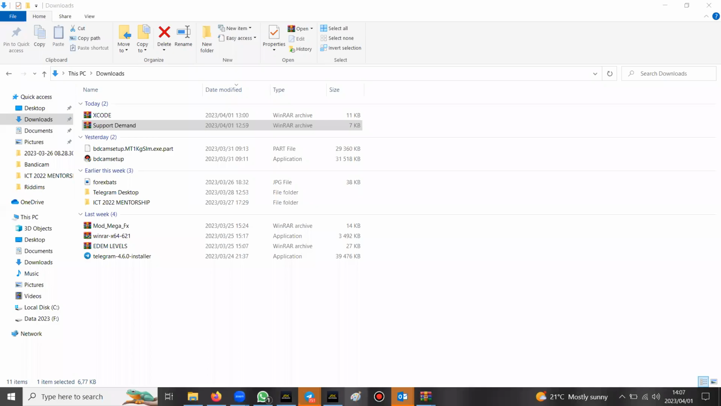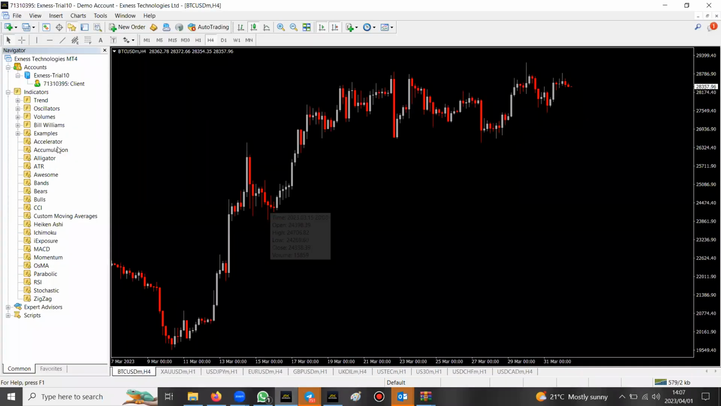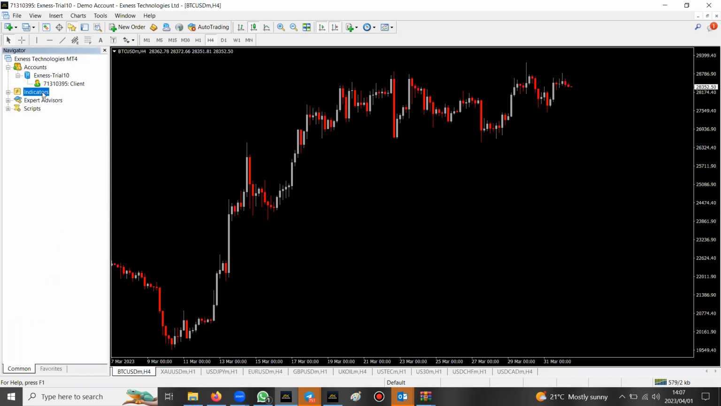This is my MetaTrader 4, my demo business demo. For now, I don't have any indicators. You can see no folders. Under indicators, I don't have anything. So basically, how can we install